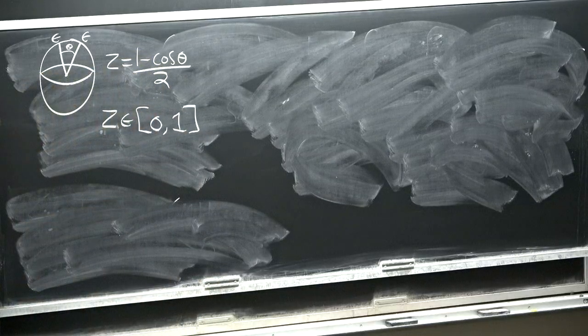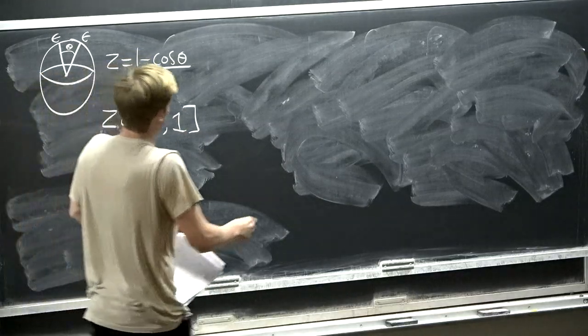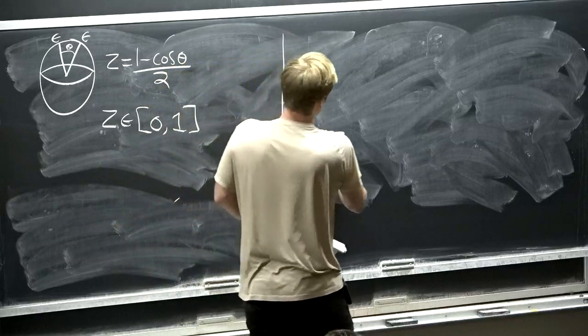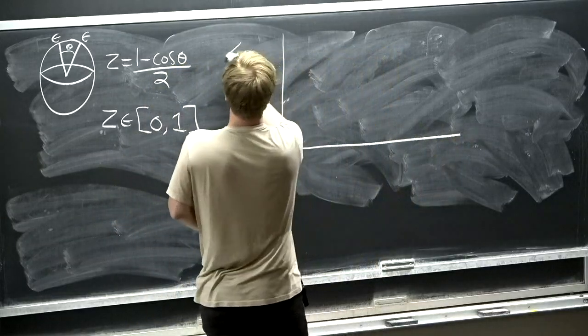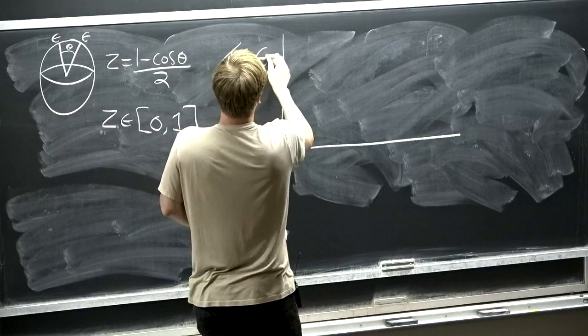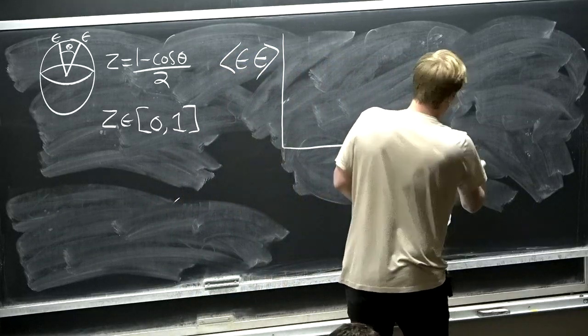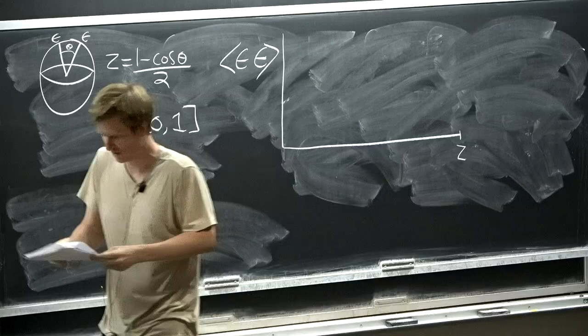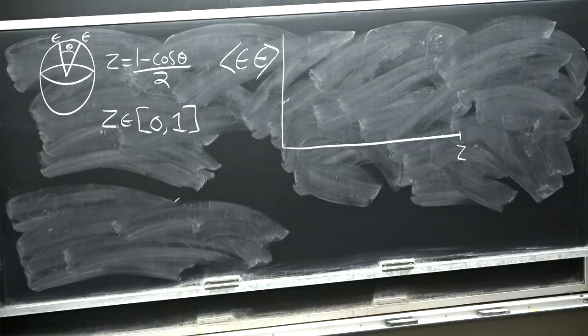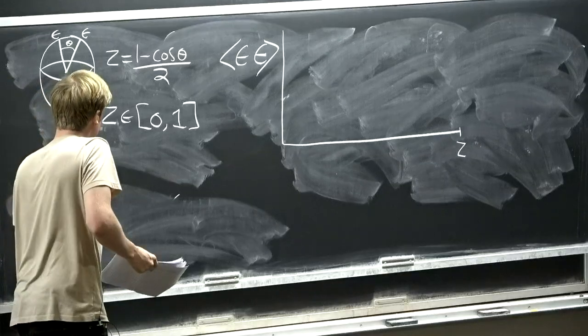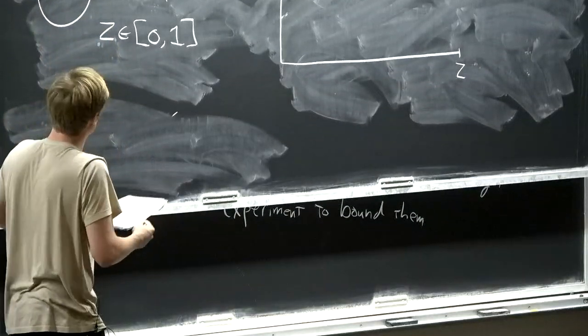And so now what we want to understand is what this looks like in different theories. So we can measure this 2-point function of the energy flux as a function of this variable z. And so the first thing we can do is to compute this in just a free theory. And so this is extremely simple, because what happens in a free theory,